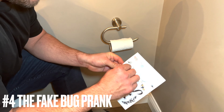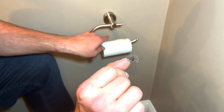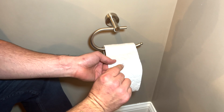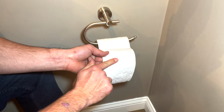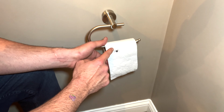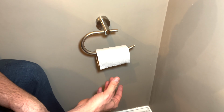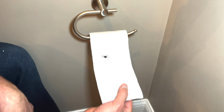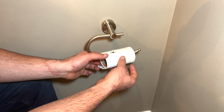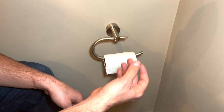Alright, this one you want to get some small spider stickers that have a clear background so it's not white, it's just the spider. Then go in the bathroom and pull one ply and get to the second roll and put this spider right there. Now, you just go ahead and roll it. See how it's all spider? And just tuck it behind one. Boom. So now, whenever someone comes to the bathroom and they go, ah! Look at that. That is awesome. It looks so good, so real. We're just going to tuck that right there and just wait for your little brother, sister, girlfriend, whoever, to scream